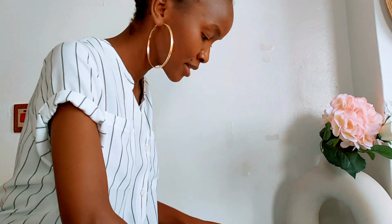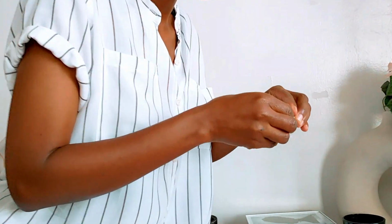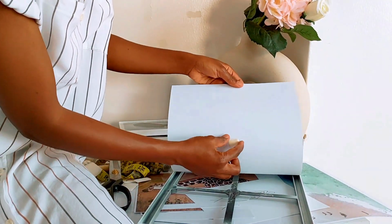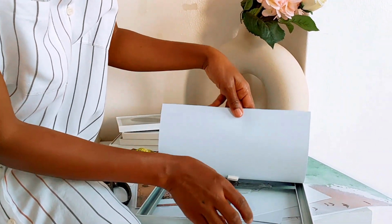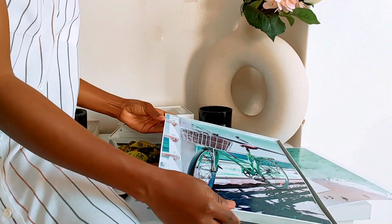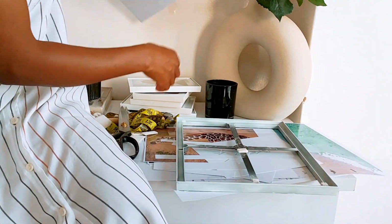Alternatively, if you don't have this, you can use double-sided tape to attach the print. But really, this step is for if your frames don't have glass, because if it has a glass, then you don't need to tape it. So I'm just going to tape it to the back like that. So what I'll do,